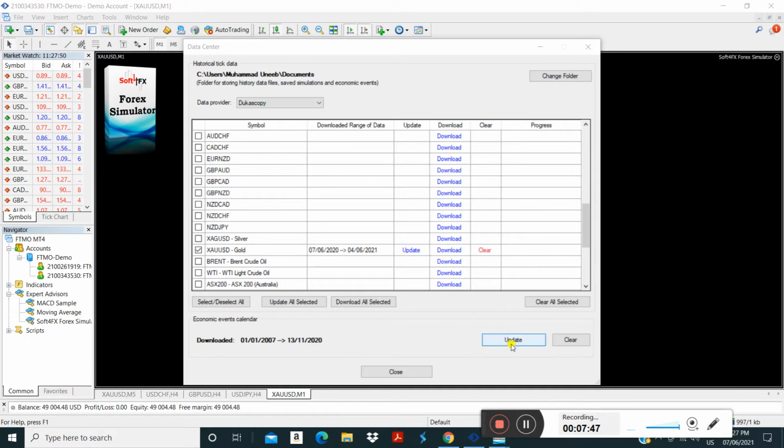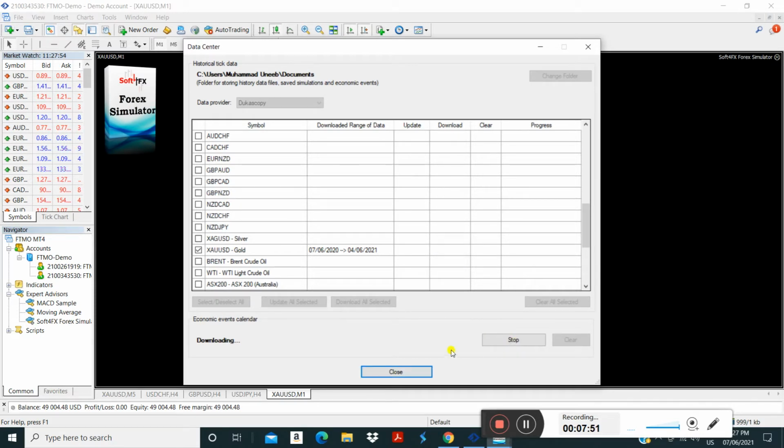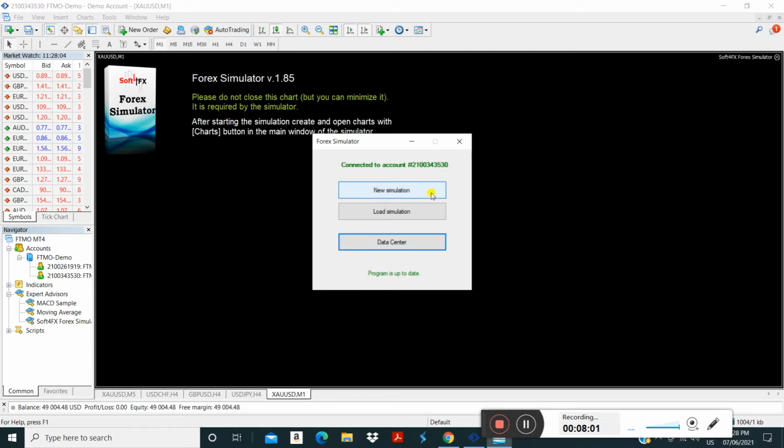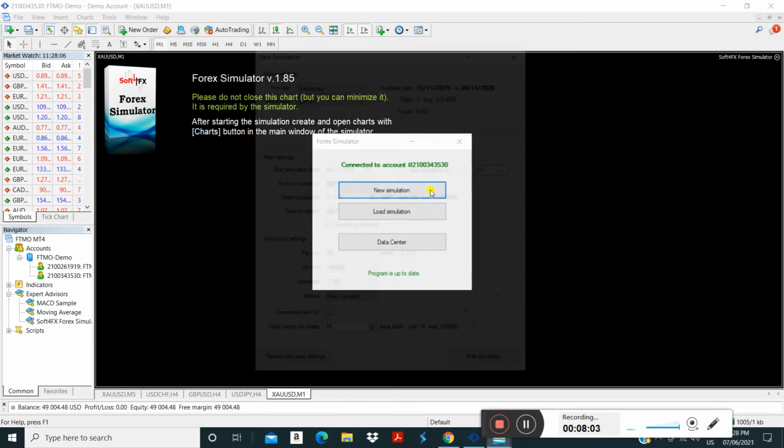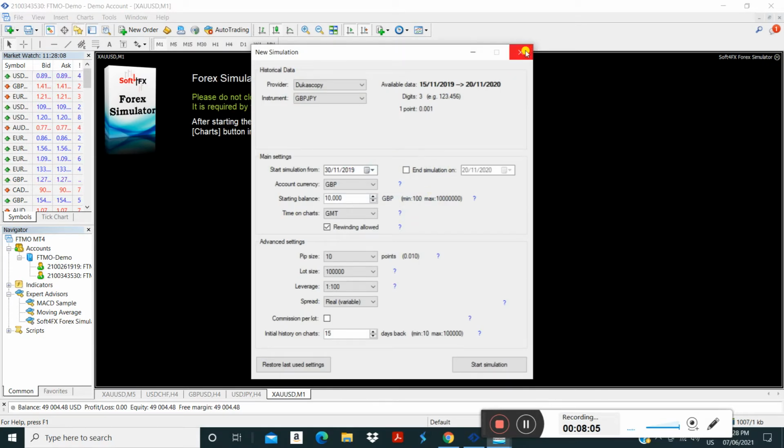What you have to do, I just need to click on update. Okay, and then I need to click on close. Okay, once it's closed, I will go to the new simulator, but before going to the new simulator,